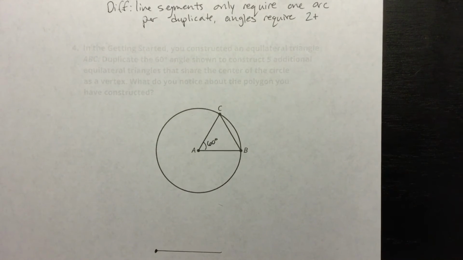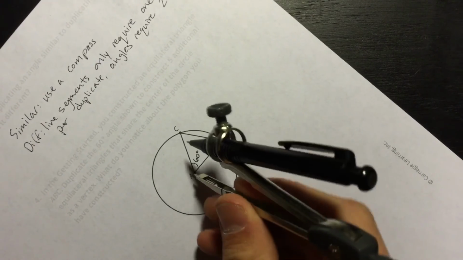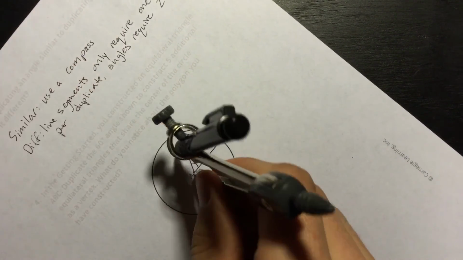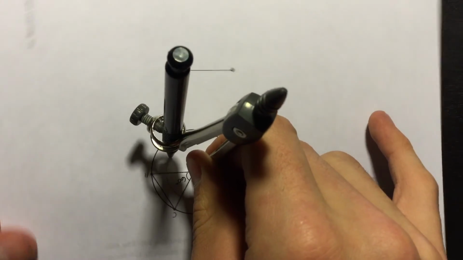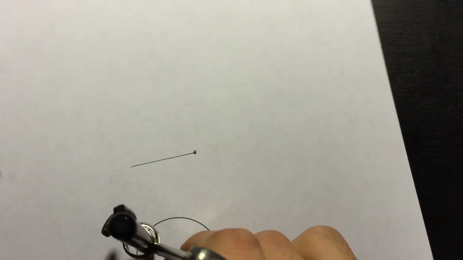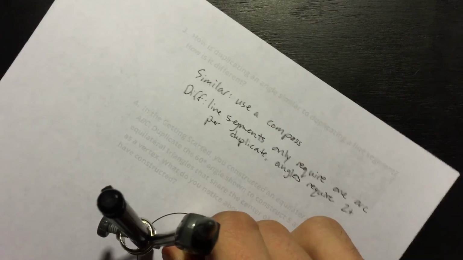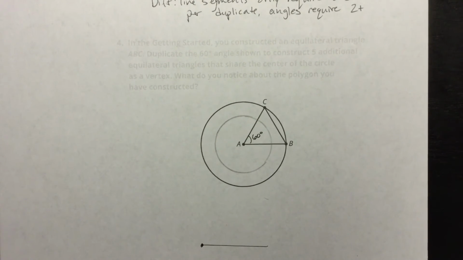So the way that I'm going to do this to save myself some work, and I'm going to do some crazy rotations here, is I'm going to construct a smaller circle inside of this larger one. This is called a concentric circle. Oh, and let's see, hang on. Here we go. I can never do this without having to stop multiple times. Perfect. Okay. So what I've done is I've made a smaller circle inside of this big circle, and the reason